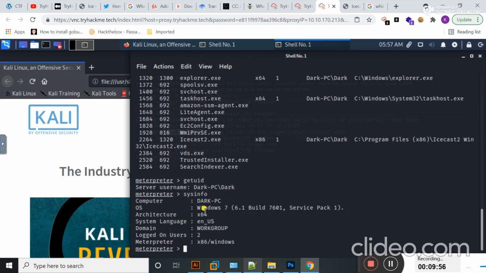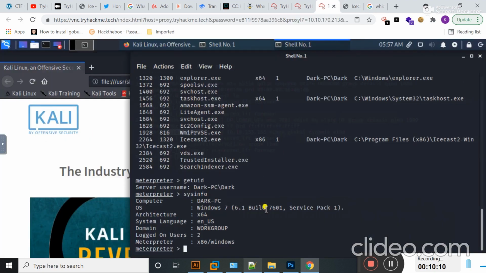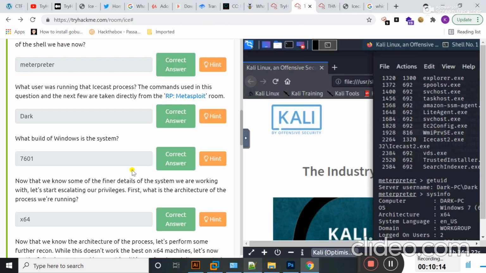The computer name, the operating system, the architecture, the domain name, and the meterpreter type are also present here. So the question is what build of Windows is the system? Here you can see the build that is present in this system is 7601. So the answer of this question is 7601.